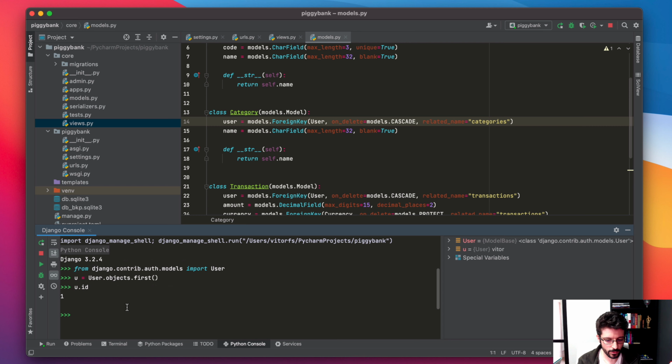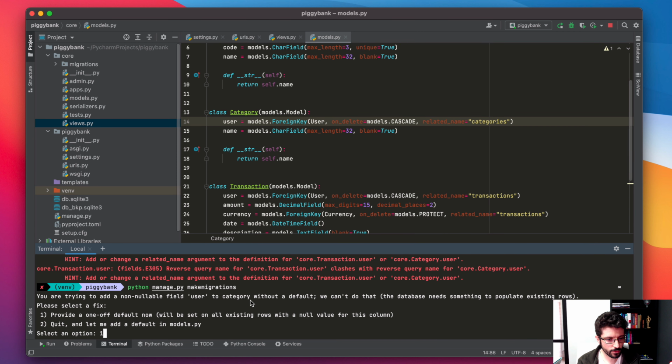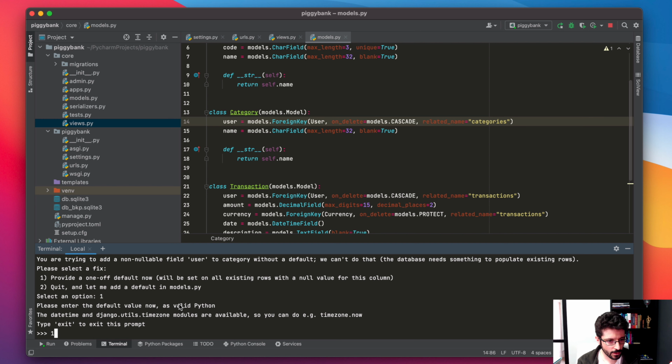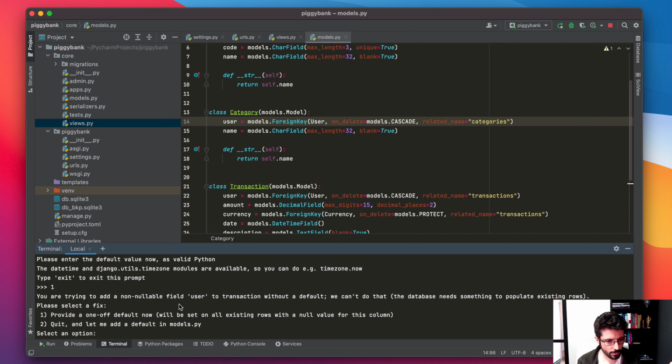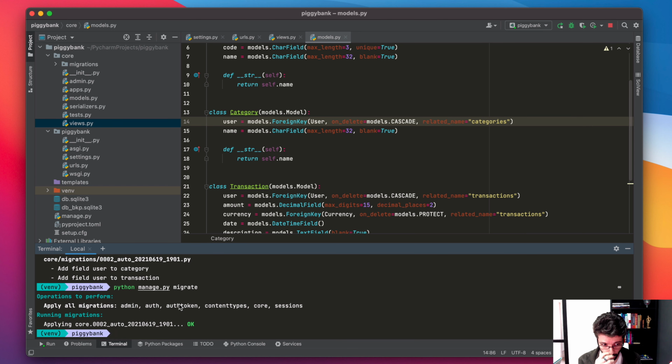So yes, this is the user that I created on the command line. The ID is 1. We're just going to hard code that. Now we can migrate. So now we just introduced this user field both to the transaction and to the category, and all those transactions belong to this user. And